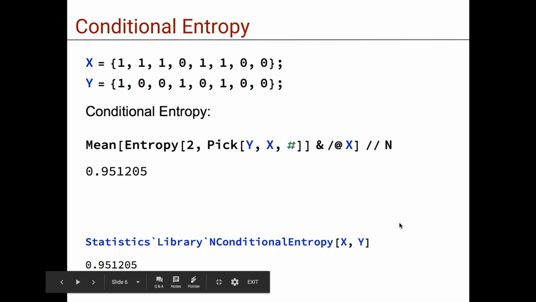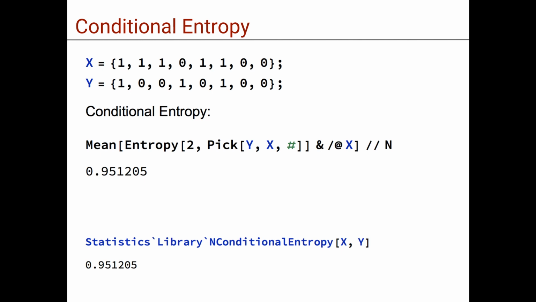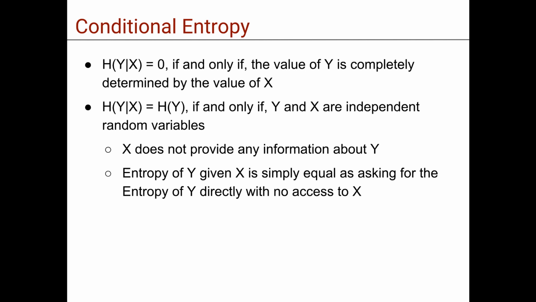There is also an undocumented function in some versions of the Wolfram language to calculate conditional entropies, but you should not tell Wolfram I told you about it. And it may not be in all the platforms of the Wolfram language and versions of Mathematica, but you can try it. As extreme cases, we have that the conditional entropy, denoted by H of Y given X, is equal